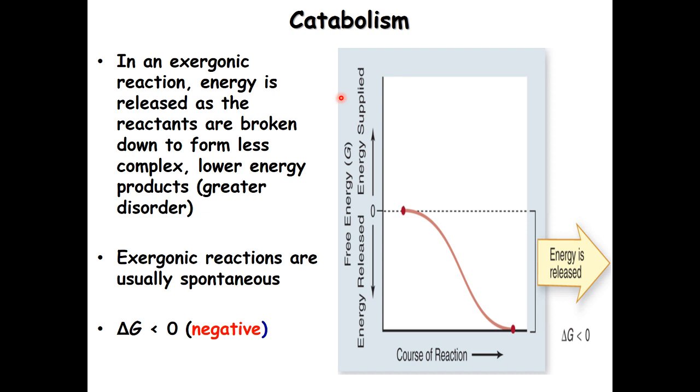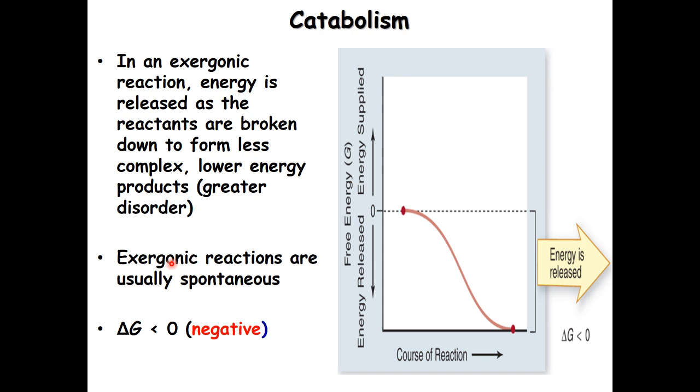So here's a picture of a catabolic reaction. What you're looking at is, in the beginning, the molecule that you have, the energy level is right here. After the bond's been broken, all this energy is released. Remember, the chemical energy in the chemical bond is released. So the resulting product has less energy than what you start with because you're breaking all these bonds and releasing all this energy. So delta G in this case will be negative.